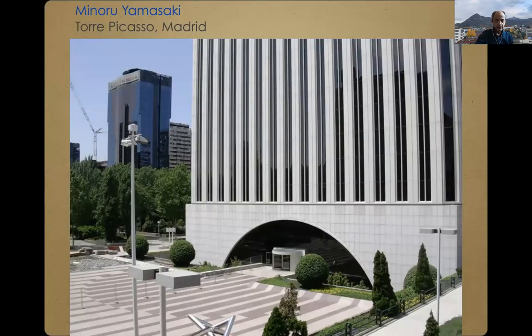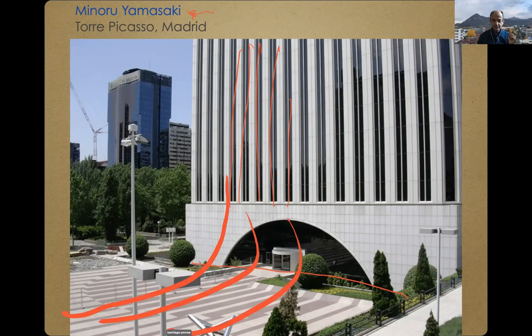Just to bring more examples of towers, this is in Madrid. And Yamasaki, you know, he did the Twin Towers, which disappeared with 9/11. We have one of his buildings. At that time it was the tallest tower in Madrid. And you have a building which is quite elegant. This kind of, how do you say, the office guy's elegant shirt of the 1980s. And this kind of continues on the floor design, right?